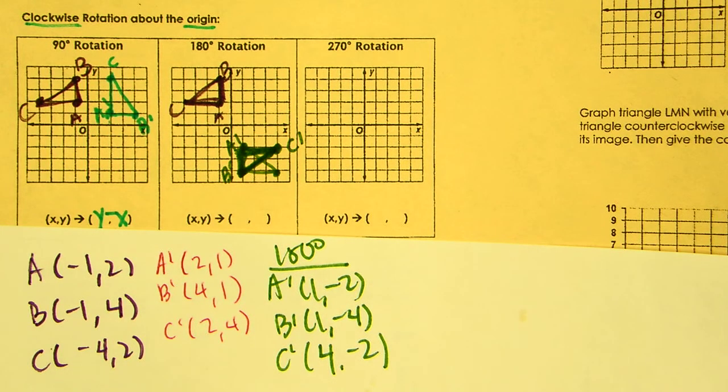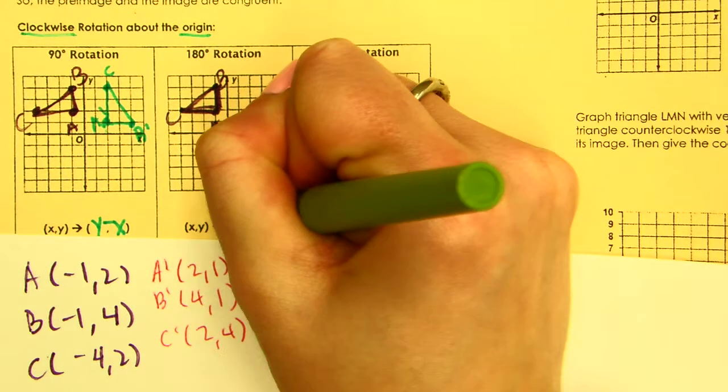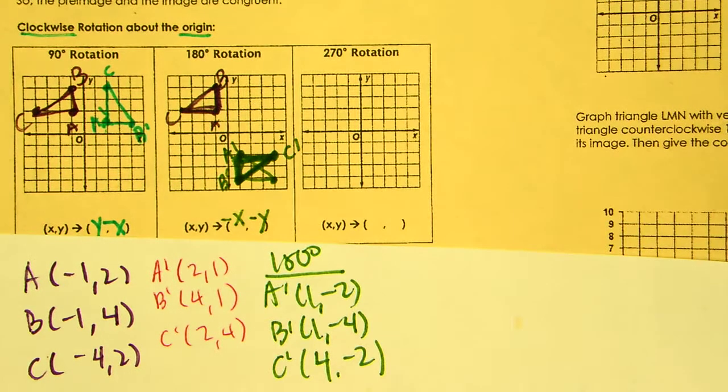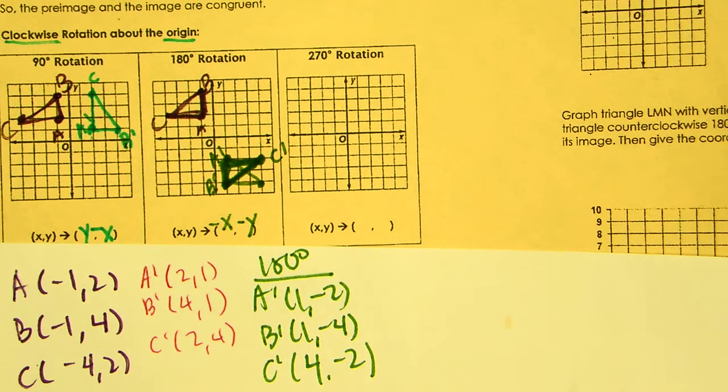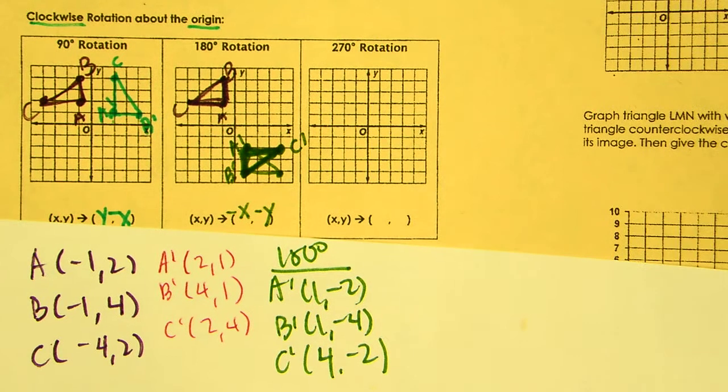Let's see if there's a pattern. Okay, the numbers did not switch places this time, but these were all negative, and now they're all positive. And these were all positive, and now they're all negative. So I didn't switch places, but I took the opposite of both. So the opposite of the x-coordinate is going to go here. The opposite of the y-coordinate is going to go here. Okay, we have one more we're going to do together. The last part we're going to do together is